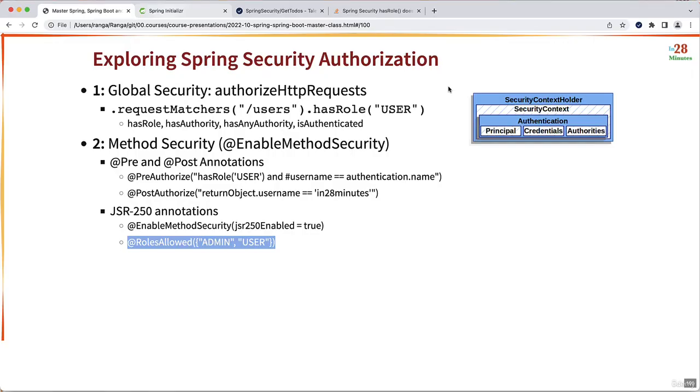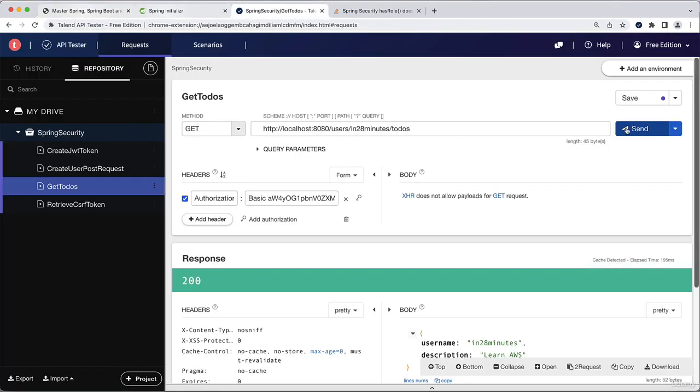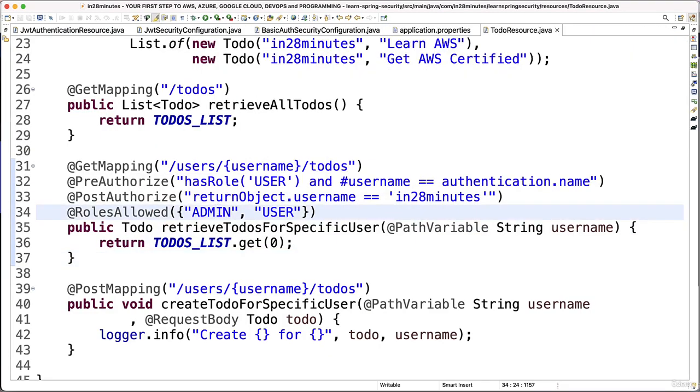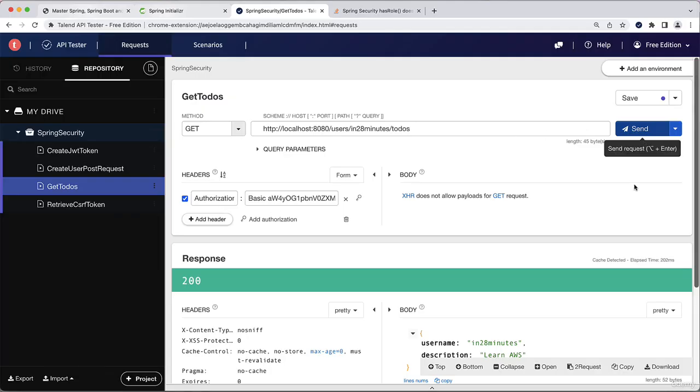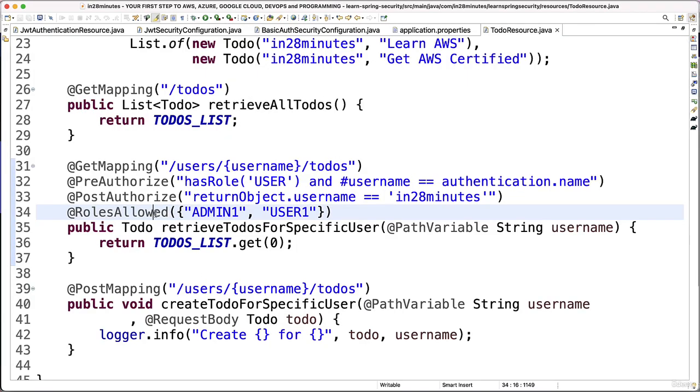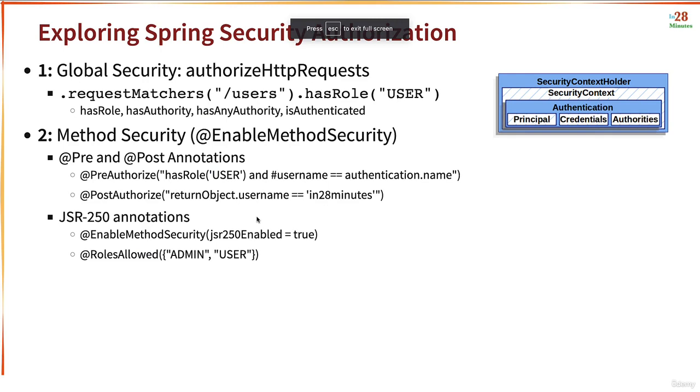And if you go ahead and fire a request, you should see that this would still succeed. However, if I change this to admin1 and user1 and say send, you'd see that we are getting back 403 because this role is not present. So let's go ahead and change them back, admin, user. So you can use JSR 250 annotations by enabling method level security with the attribute jsr250Enabled is equal